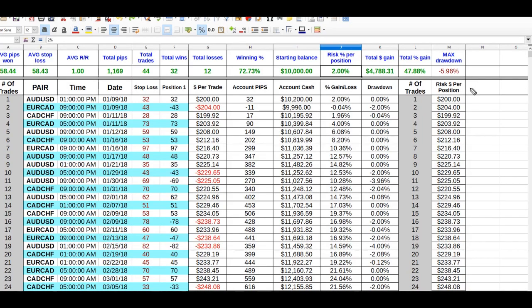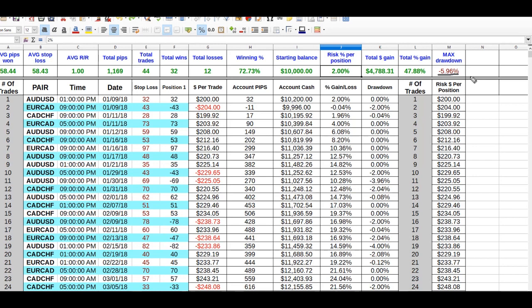Okay guys, so now we're going to talk about how we can determine what we need to risk per trade based on our backtesting results to start out with. This is going to give us a rough draft of what we should be risking per trade based around your personal risk tolerance. Again, I have to reiterate, this is not me telling you how much to risk per trade. You need to risk an amount you're comfortable with based on your own knowledge, your own backtesting, and